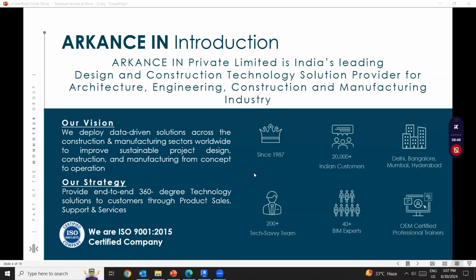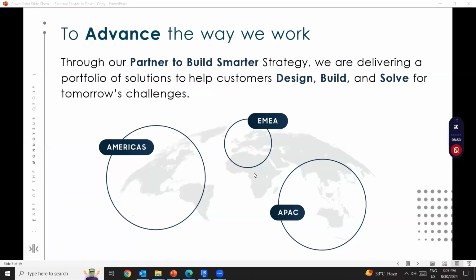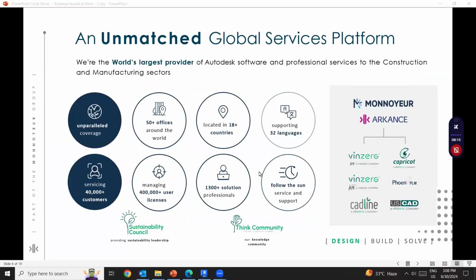We have been around since 1987, with 20,000 plus Indian customers, and to advance the way we work through a partner and to build smarter strategy, we are delivering a portfolio of solutions to help customers design, build, and solve for tomorrow's challenges. Worldwide we are divided into three parts: Americas, EMEA, and APAC. As an unmatched global service platform, we have approximately 50 plus offices located in 18 plus countries